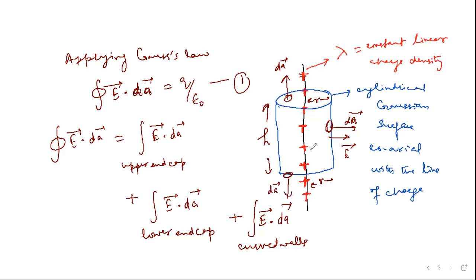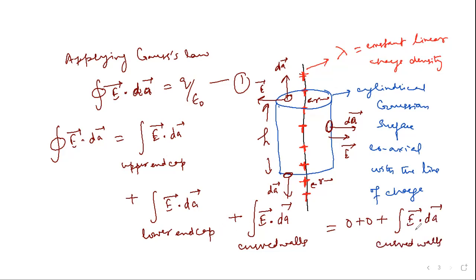So there will be a 90-degree angle between the electric field and area vector for these end caps. So the flux for the upper end cap and lower end cap will be 0, because cos 90 is 0. So I will have 0 plus 0. So only the curved walls will contribute to the